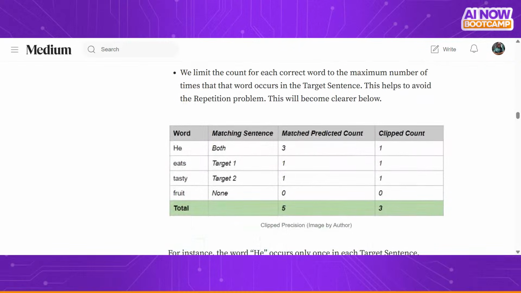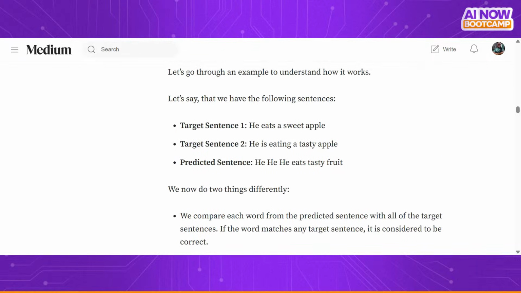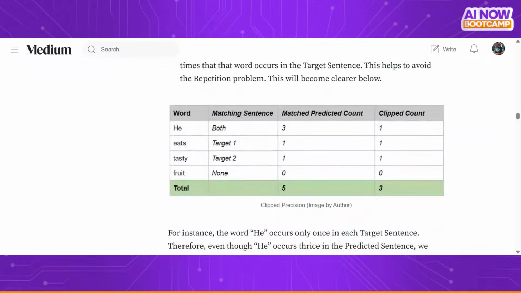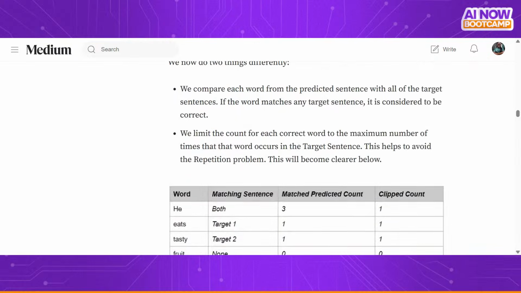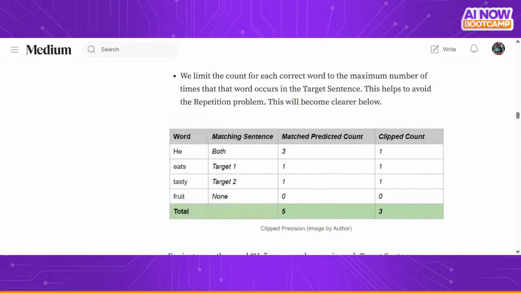Which is why you can see target 1 here. While for tasty, you can see that it's just matching target sentence 2, so that's why you can also see it here. And then fruit is not matching any of our ground truths. So if we now count it,